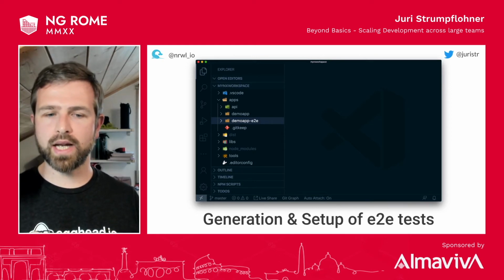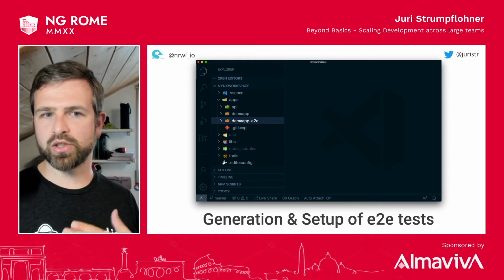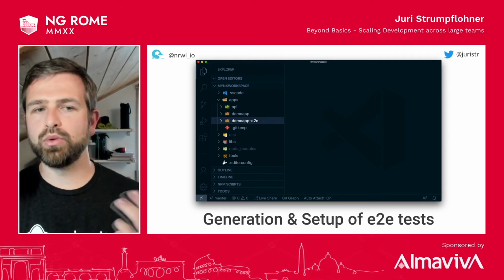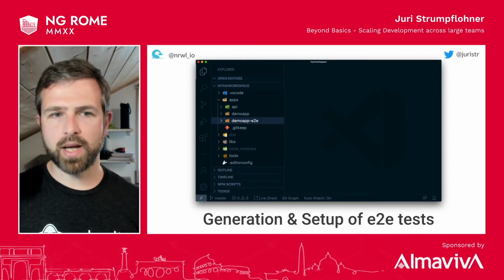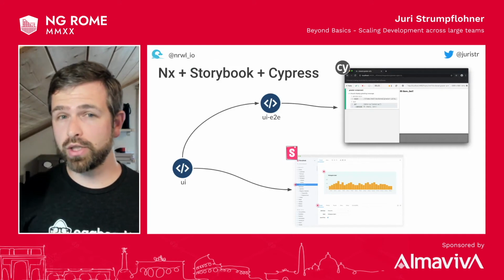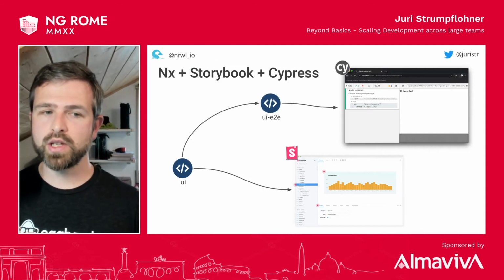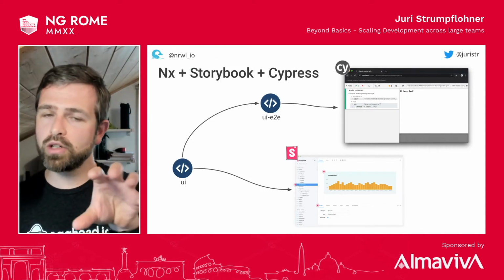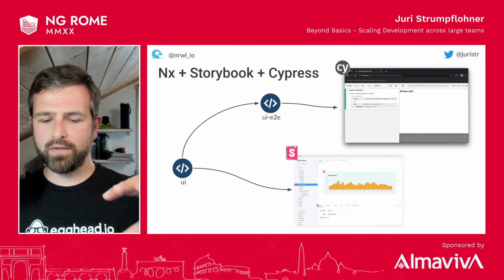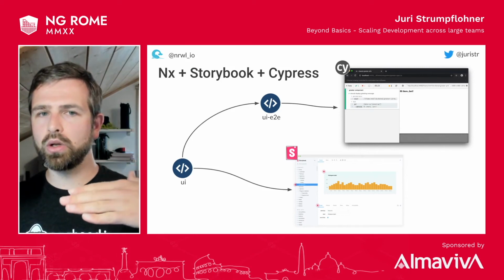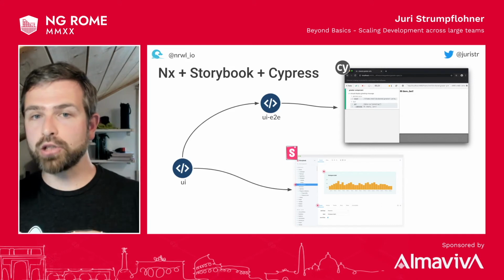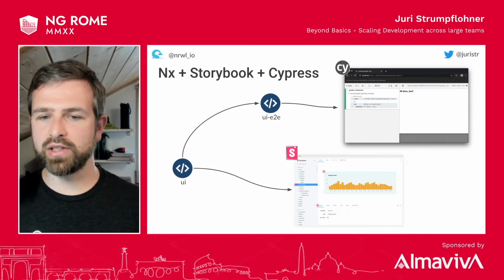So we already pre-configure your workspace with some best practices that help you proceed in a good way. There are also some very interesting combinations. For instance, you can have a UI library, which is a very common thing, that has your internal design style guide components, which you might use within your organization.